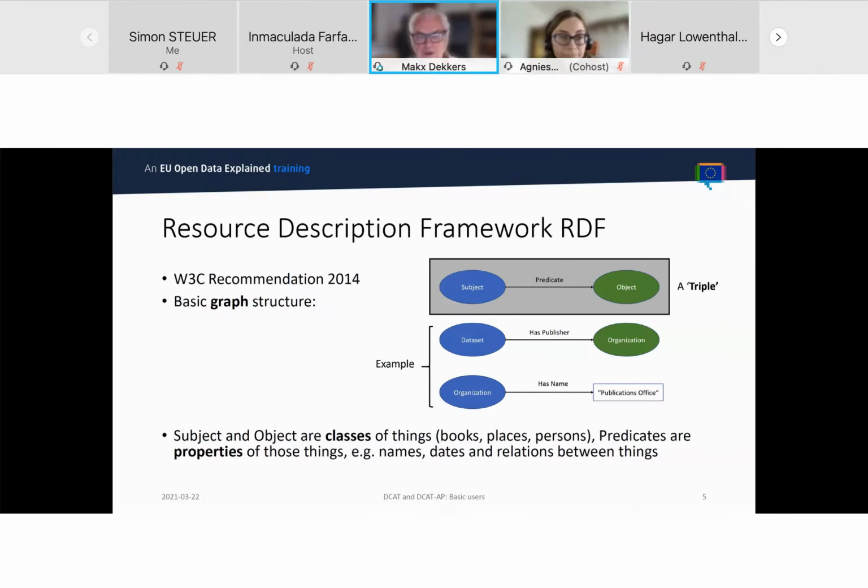So first of all, the Resource Description Framework, RDF, you have seen in the reading list some specifications of that. I think it's interesting to look at this for a couple of minutes, because DCAT is defined as an RDF vocabulary, and also DCAT-AP follows that lead, and therefore a couple of basic notions of the Resource Description Framework help to understand a little bit better how this works. RDF is a W3C recommendation from 2014,